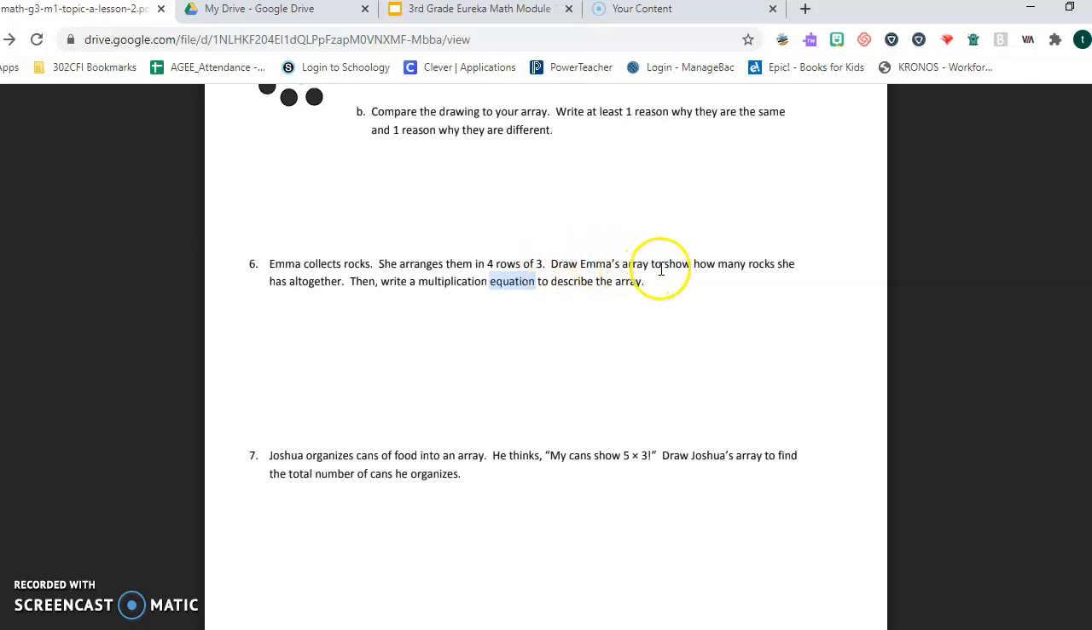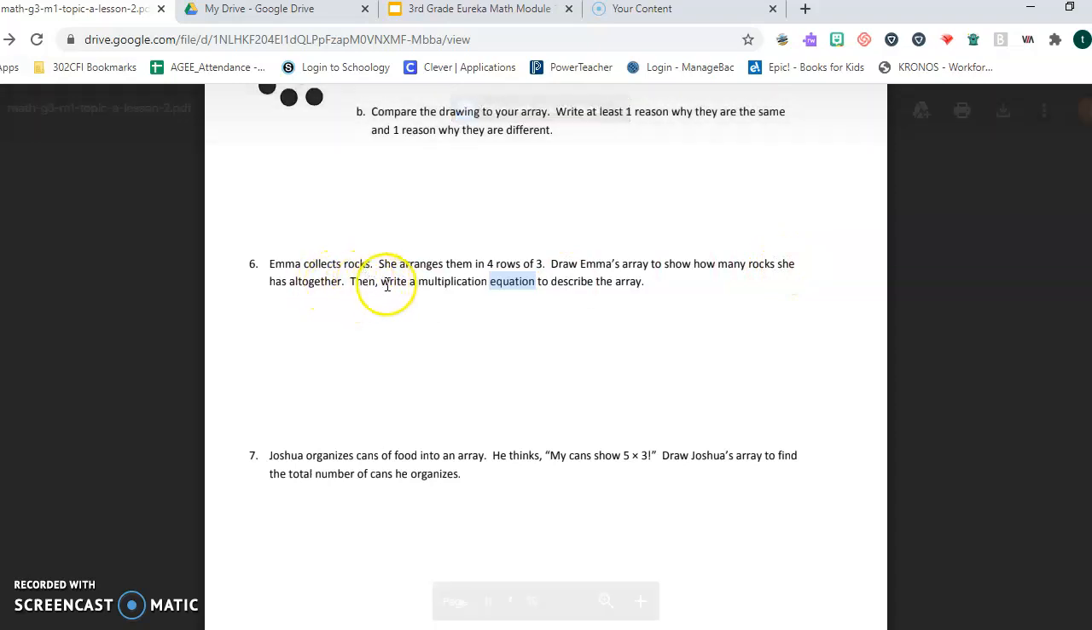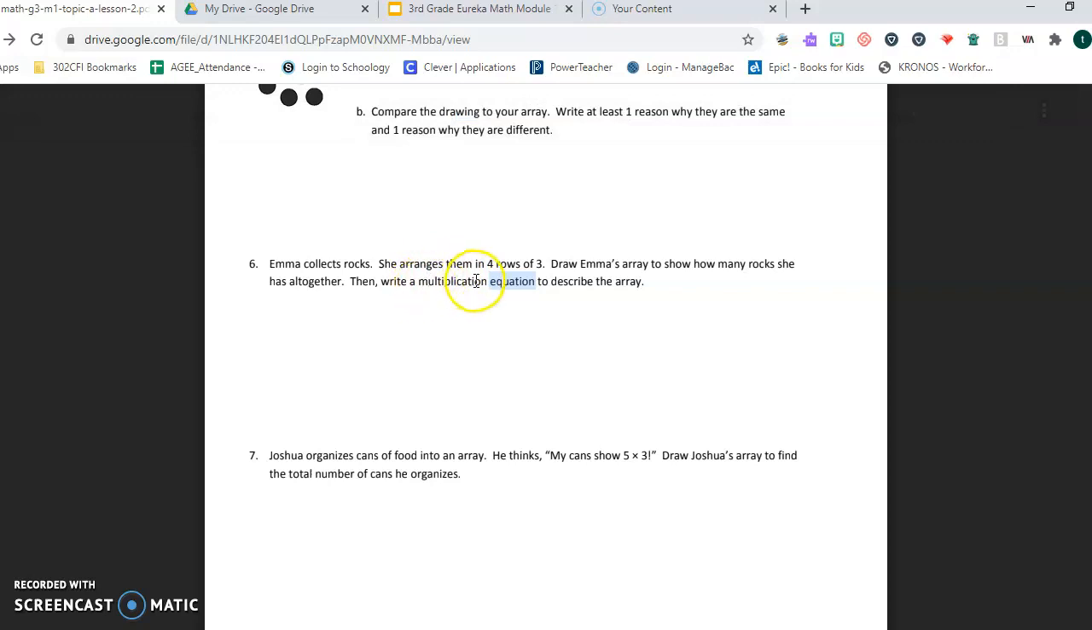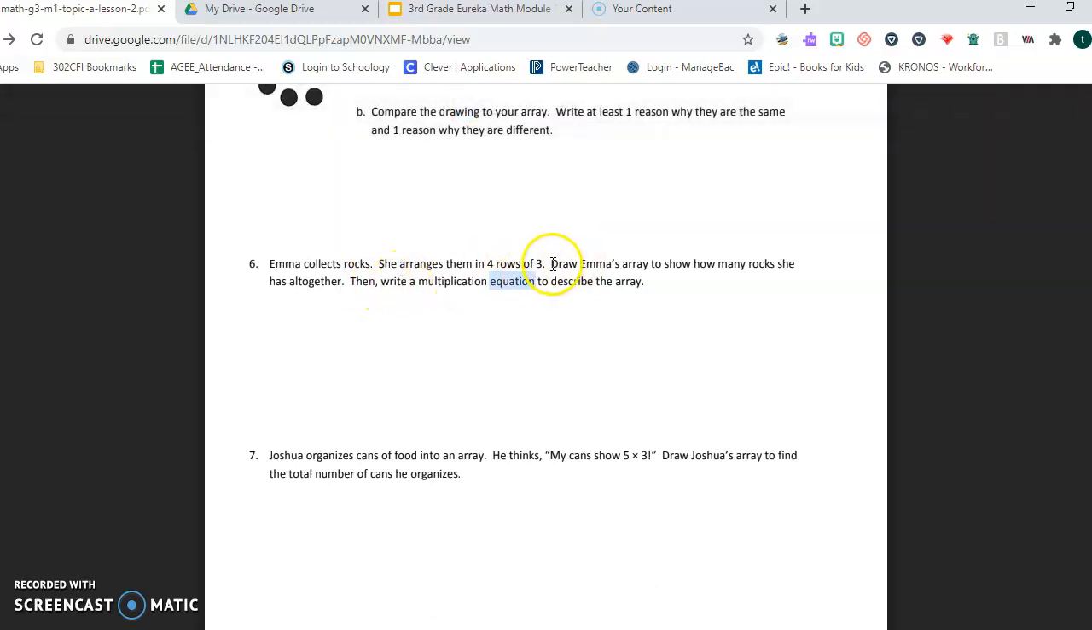Draw Emma's array to show how many rocks she has altogether. Then write a multiplication equation to describe the array. So they're kind of leading you through the read, draw, write process with the verbs that they're giving you. So the verbs are the actions that they're asking you to do. Draw. They're asking you to draw. Okay. And then the next thing, they're asking you to write. So they're telling you to do two things: draw a picture